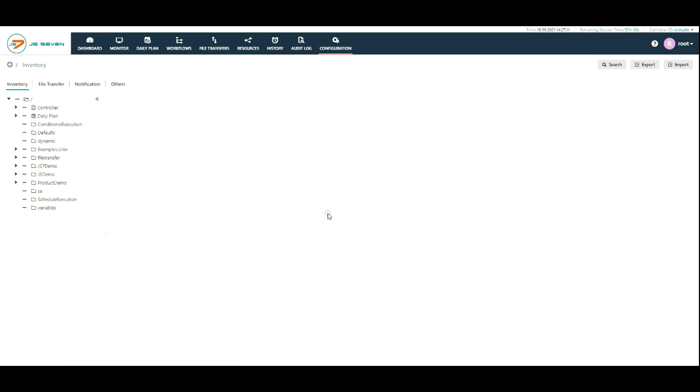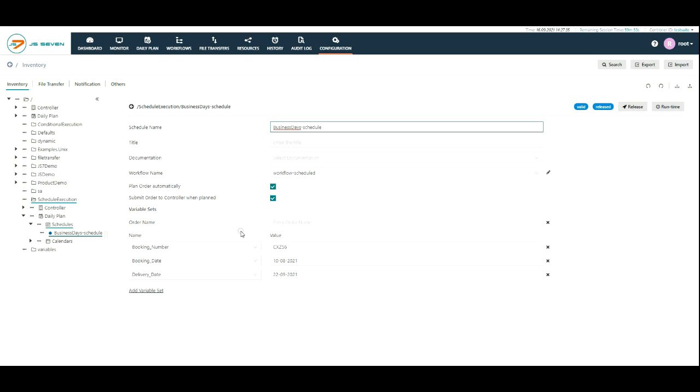Click on the configuration tab. Use the existing workflow created in the how to schedule an order for workflow video, which already includes variable and runtime. Click on the schedule. From the daily plan submenu, a new right panel will open. Click on the already created schedule. Change the value of the variable in the schedule,